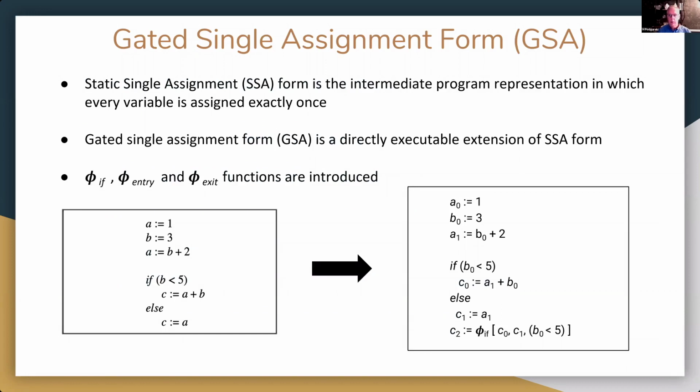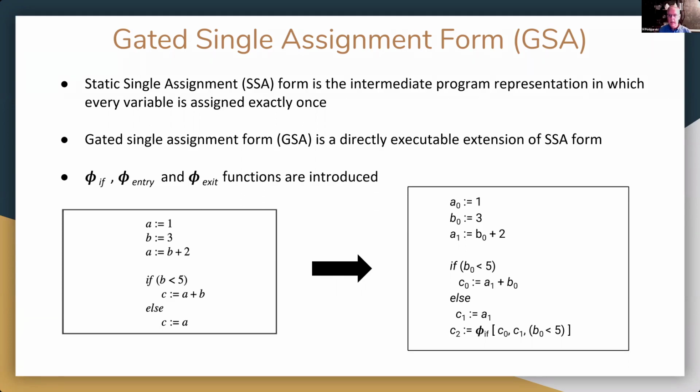CounterFault makes use of a program representation called gated single assignment form, or GSA form. Like static single assignment form, or SSA form, each variable is assigned to in only one statement. GSA form is a directly executable extension of SSA form.